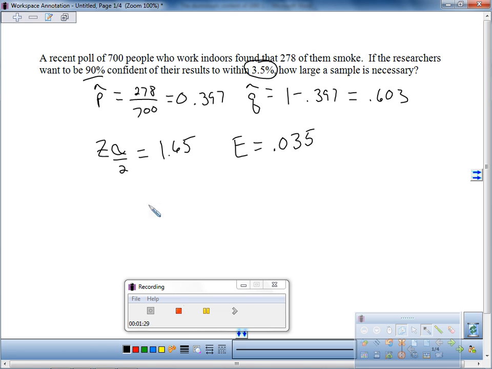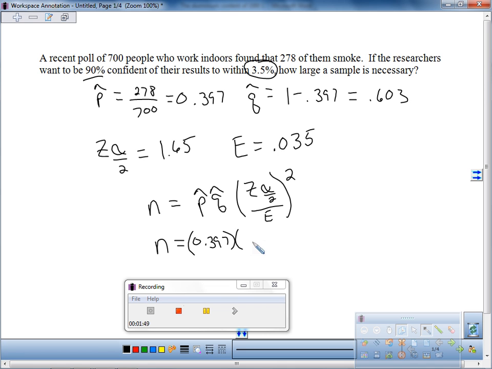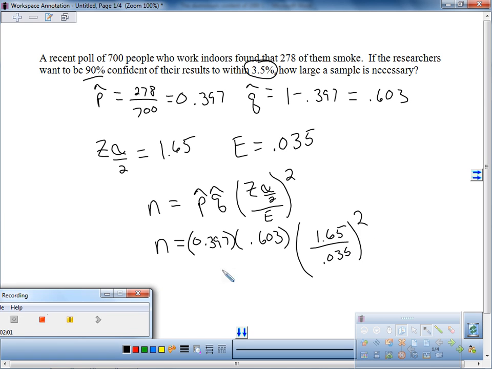Sample size for a proportion is n equals p hat times q hat, times z divided by E, all squared. So what we'll end up with is 0.397 times 0.603, times 1.65 over 0.035, and square. Now we type all that in, and when we do that, we end up with